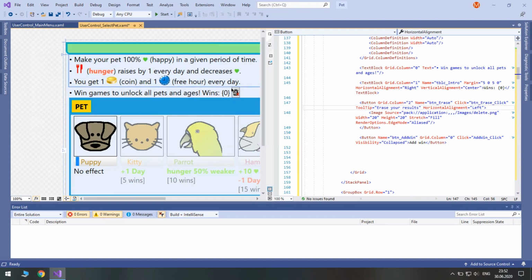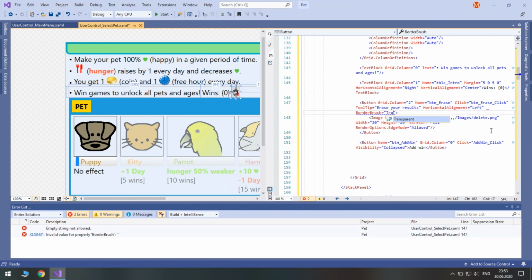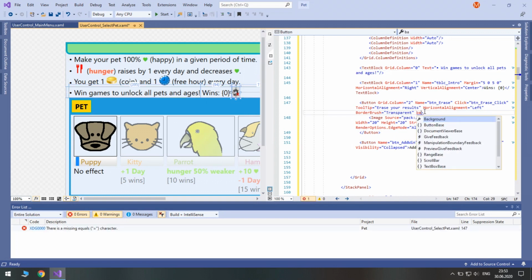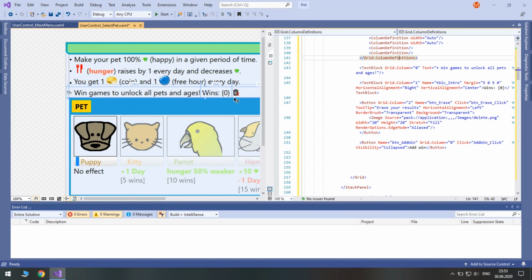Let's remove the background and border to get rid of this window style button look. In order to do this, just remove the border brush, or rather set it to be transparent, so it doesn't have a body now. Set the background to be transparent as well. Here you have now a nice icon button, and let's set its height to be auto.